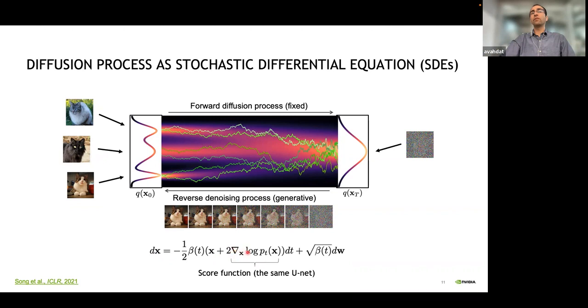And this is just the derivative of the log likelihood of samples at that time step, where the derivative is with respect to x. This is known as a score function. And if we have this, we're going to be able to start from this base normal distribution and solve this SDE involving this drift term and this diffusion term backward in time, and we're going to be able to generate